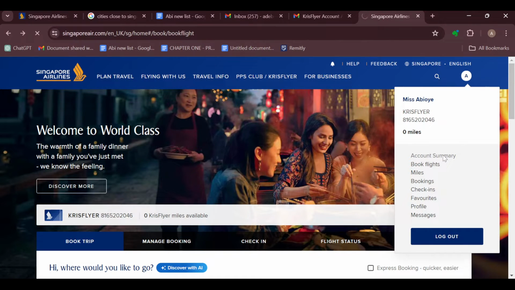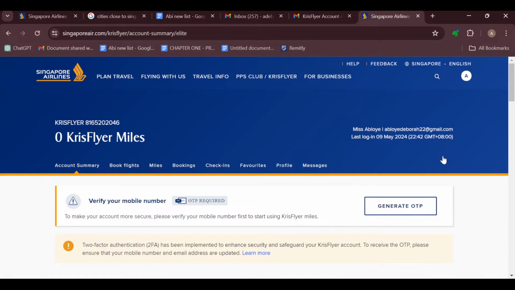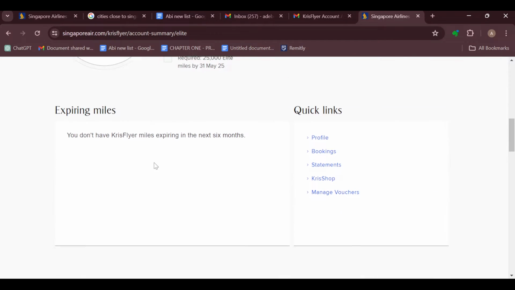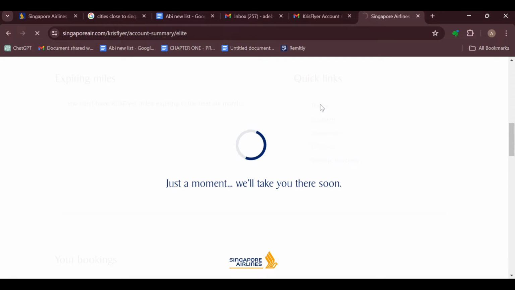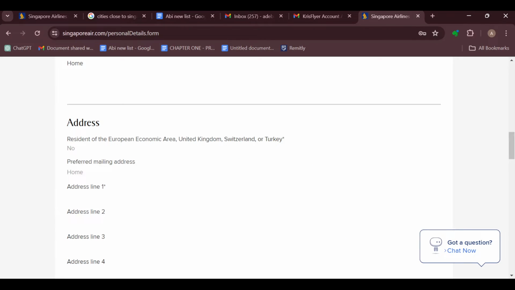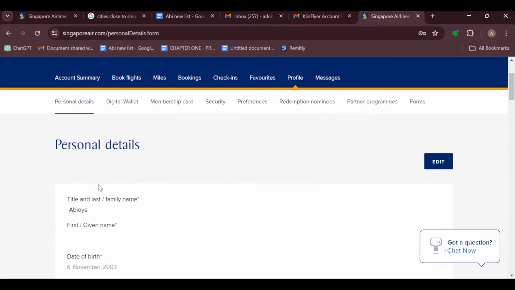You wait patiently for it to load. Once that's loaded, this is your account summary page where you can see details about your account. And then once you can see this, move to the right side of the screen and then click on profile. Once it has loaded, you will be brought to the profile page where you can see details about your profile,